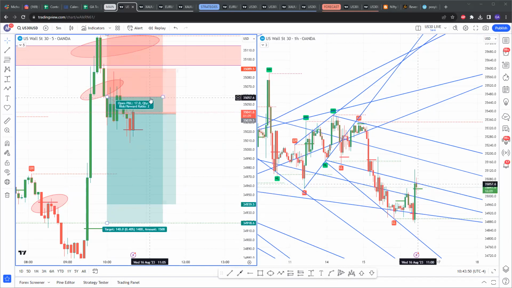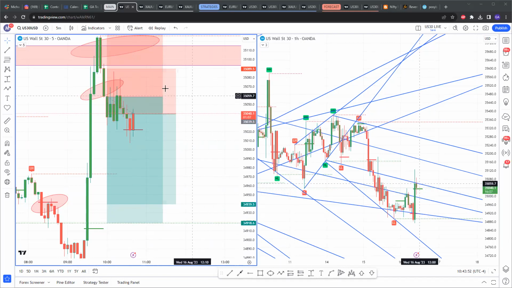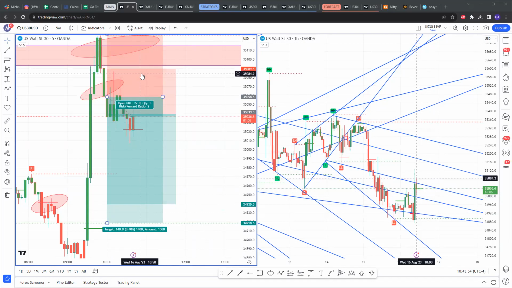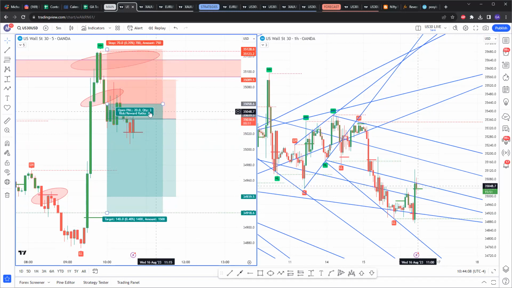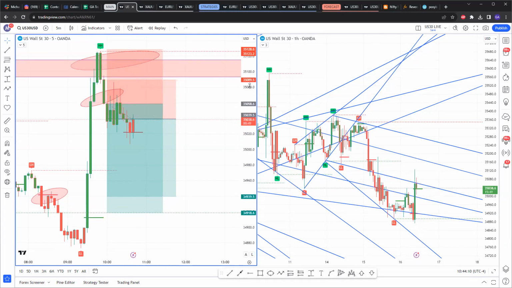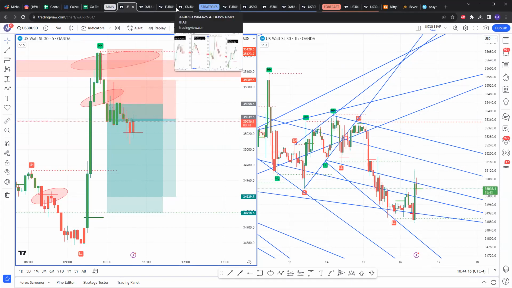If you're in this trade, set break even at a 1:1. This trade is a 0.5% risk, so if you win this trade, you'll be up 1%. So that's good. The filler trade taken in the beginning of the session ended up at break even. Also keep in mind, we have this other 15-minute entry, so you can still use that to enter. So personally, I am still bearish on US30. The only way I can take bullish entries on US30